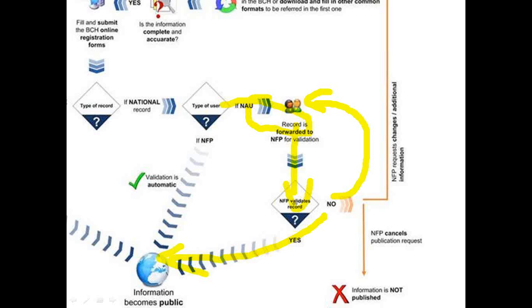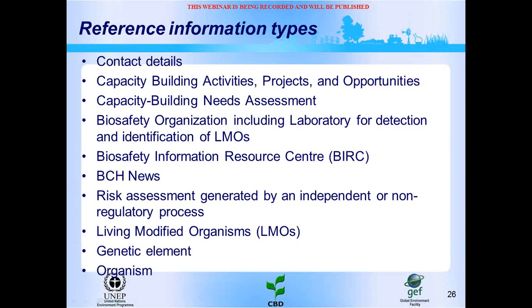Okay, we'll move on to reference records now. What are the types of information that can be registered in the BCH and are not national information? These are called reference records or reference information types, and these involve contact details. Remember, I call contact details reference records because they can be referenced by all the other kinds of records